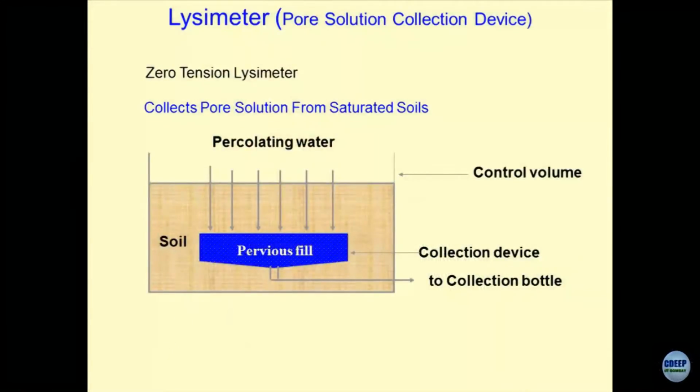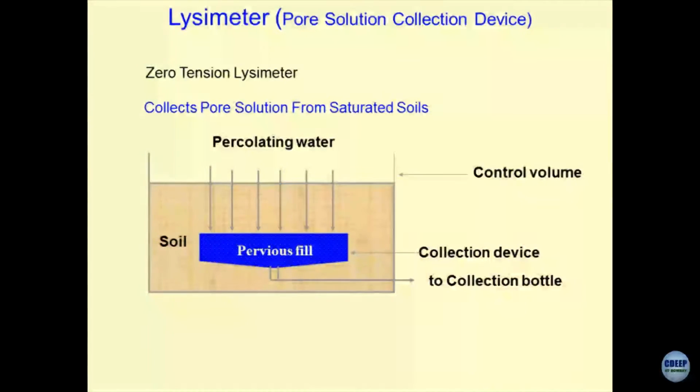So, this is a simple model. I hope this explains to you what the lysimeters would look like. There is a control volume which has to be created. This control volume could be of stainless steel, this could be aluminum, this could be perspex, or inside the ground this could be the soil mass itself. And there what we normally do is we excavate this much soil and we fill up this space with the pervious fill, and the pervious fills could be the sands, or it could be the gravels, or it could be the mixture of both, or geotextile, depending upon what type of precision you require.